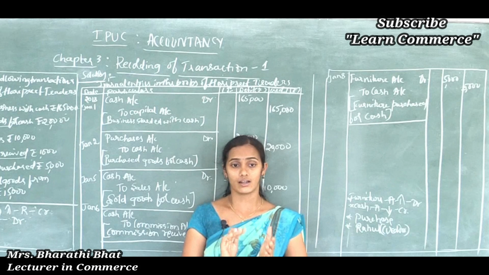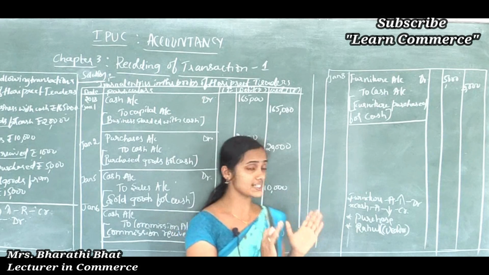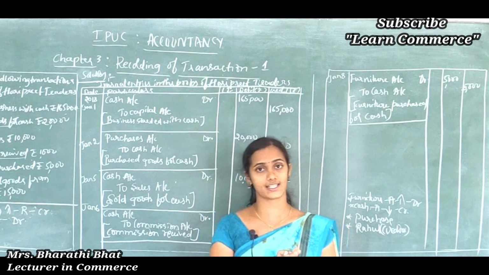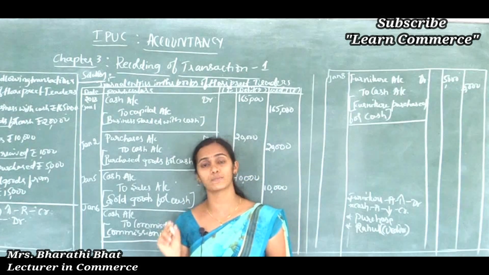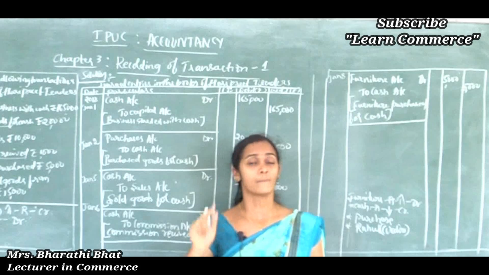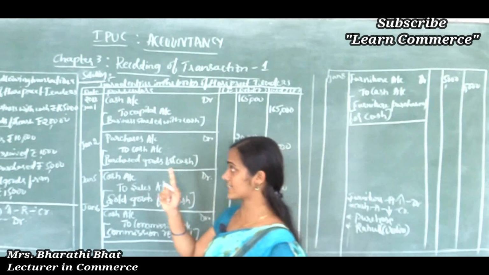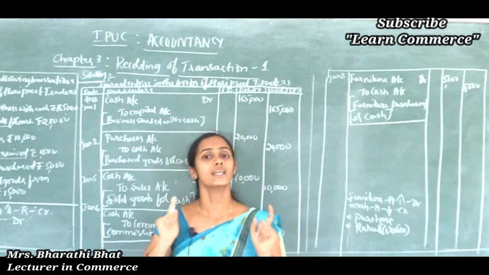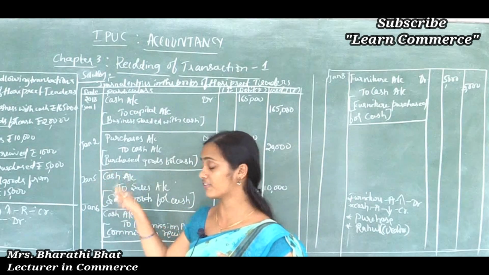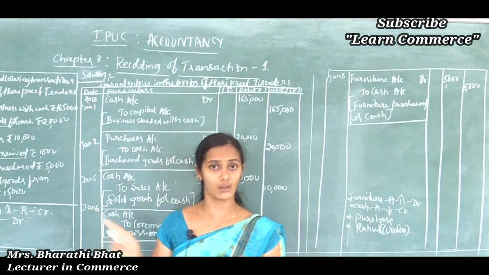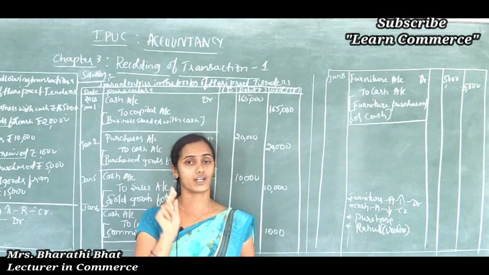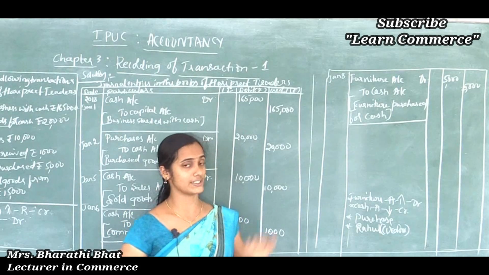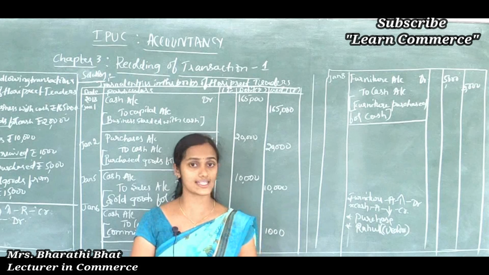So he is considered as a debtor for the organization. Debtor always comes under asset account. So here creditor comes under liabilities account. Why? Because the organization has to pay that amount, 15,000, to Rahul in the near future. So it is considered as liability. So creditors always come under liability. Debtor always comes under asset account.